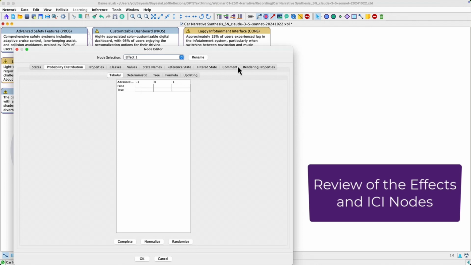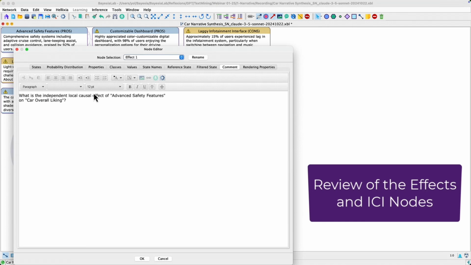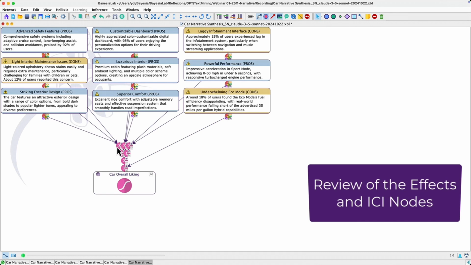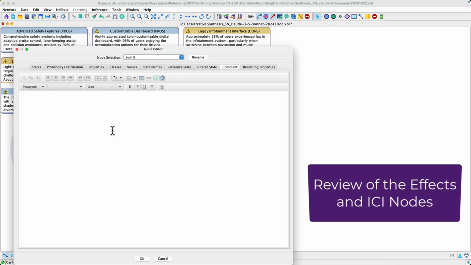So these are the questions we are asking our experts, so either human or GenAI here. So we have automatically created a question here. What is the independent local effect of advanced safety feature on car overall liking? So we have one of these nodes associated with all these.